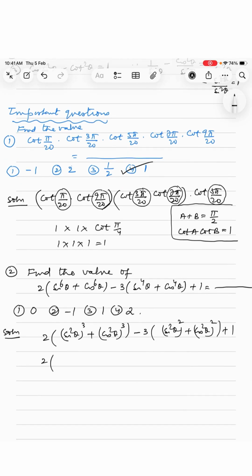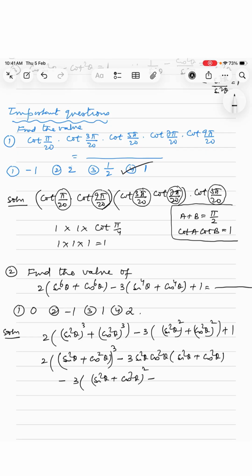Now this is in the form of a cube plus b cube. Now remember, a cube plus b cube is (a plus b) whole cube minus 3ab into (a plus b). This is called a cube plus b cube. Minus 3 into, this is a square plus b square. A square plus b square is (a plus b) whole square minus 2ab